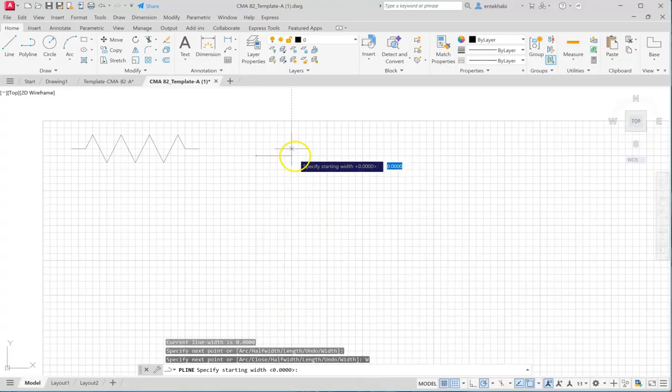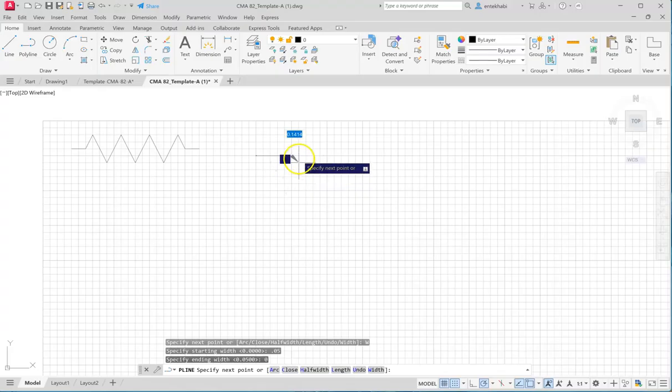It shows specify starting width for polyline. You have used the polyline in the previous class. To refresh your memory, remember the polyline asks for two widths. The first one is the starting width, in this case wider. So I'm going to say 0.05. And then press enter. It's going to ask you for the ending width.